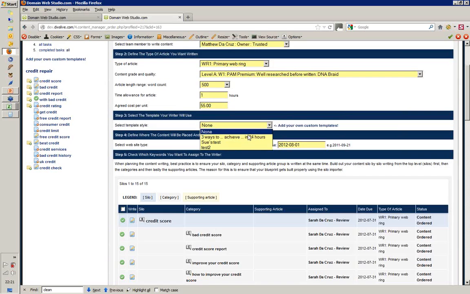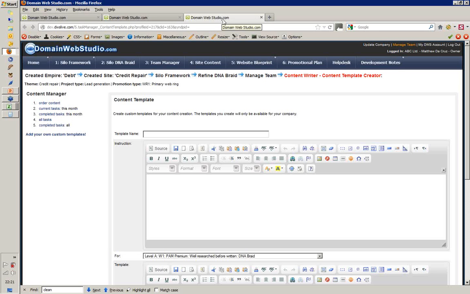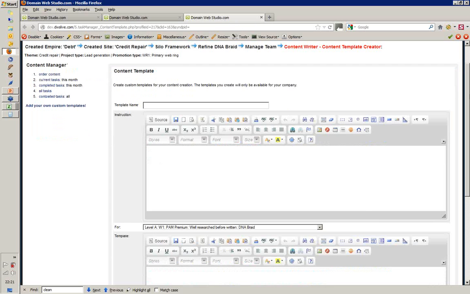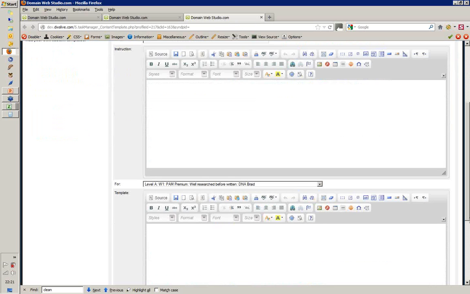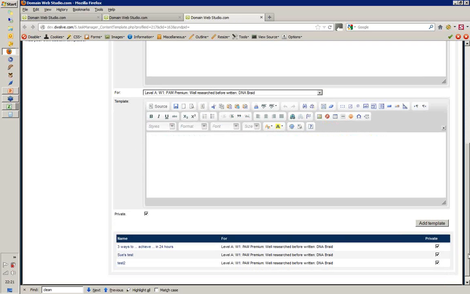We've got another little system over here. We can apply templates, and if I open that up, you can create custom writing templates which tie in with the paying article writing method. And what this basically does, it allows you to define a template, define the article almost before, and the way it works. So if I look at this quickly over here and I click on this icon over here, 3 ways to achieve,